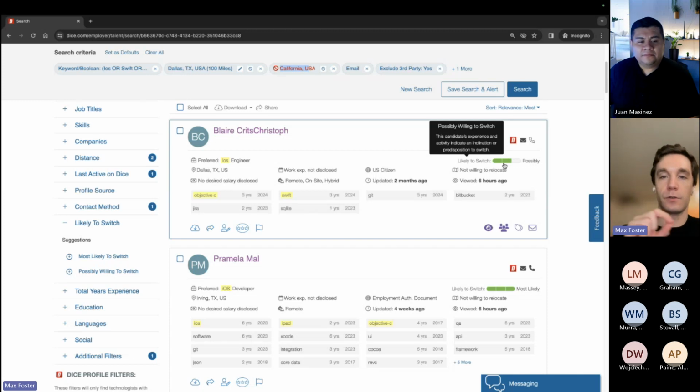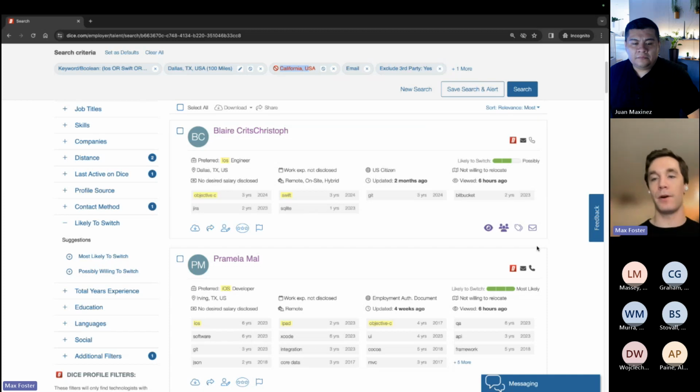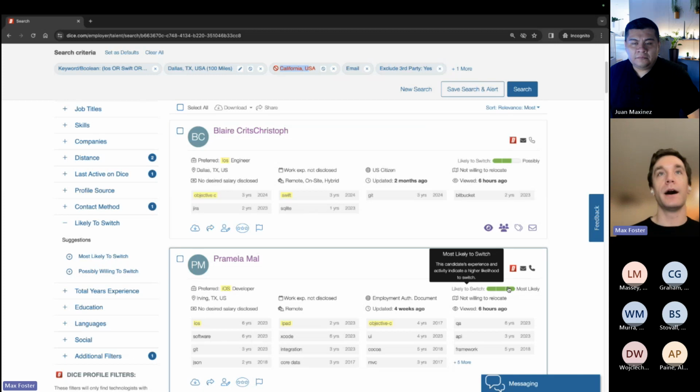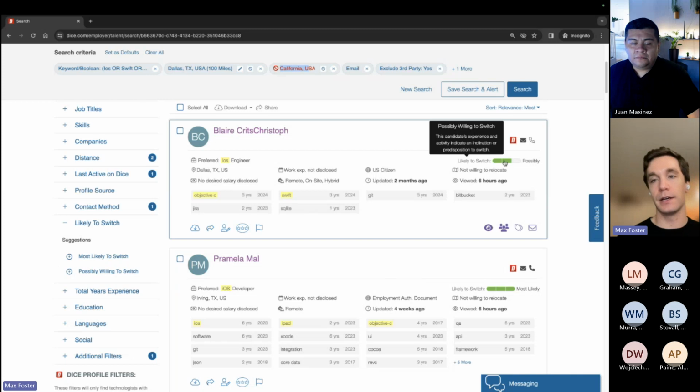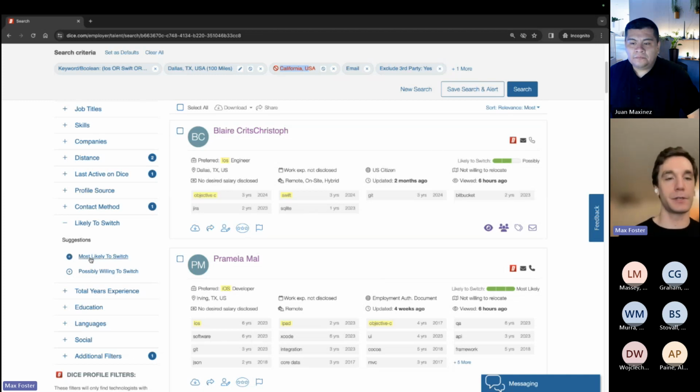Our artificial intelligence reads the employment pattern of candidates and will tell you when that candidate is most likely to switch. So if you have somebody who's typically employed for 12 months, and we're at the 11 and a half month mark, right? Typically before they are jumping to a new position, it's going to give you all three bars here for most likely to switch. I just click on most likely to switch. Possibly willing will just get you to the two bars, which is also great. That helps you pipeline a lot more if that's what you're looking for. But if you're looking to hire in the next 30 days, the most likely to switch is your best option.